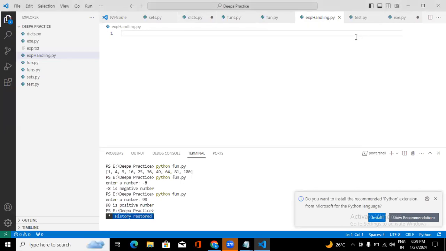So before going to what is exception handling, let's see what is an exception and what is an error. For example, I have this code. Suppose I didn't close it properly, for some reason. And if I run it here,